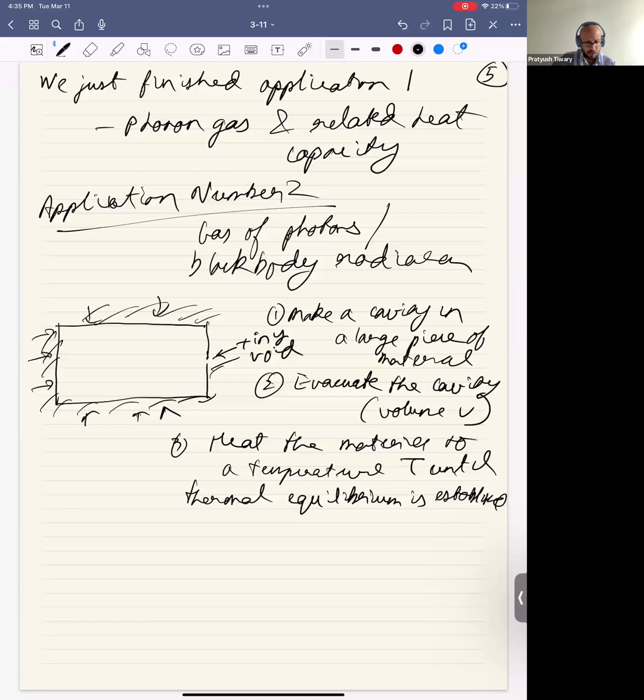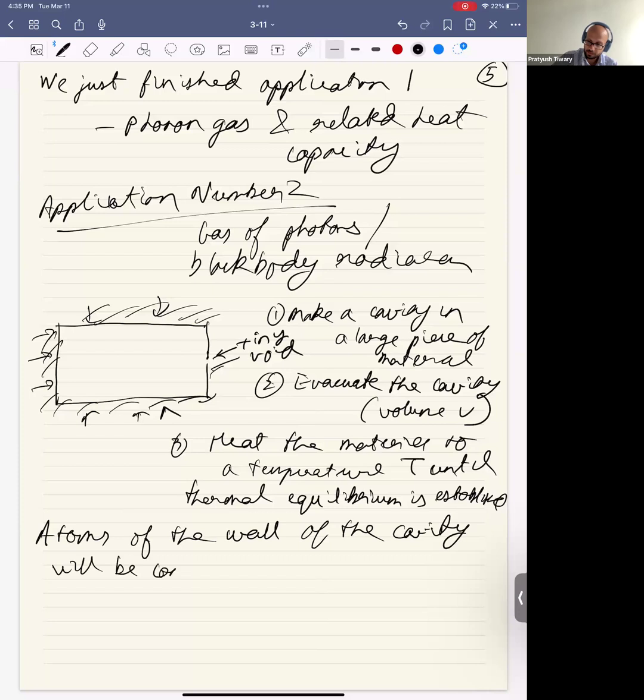So what will happen in this case is that the atoms of the wall of the cavity, from inside, will be constantly absorbing and emitting radiation. And the question we seek to ask is,